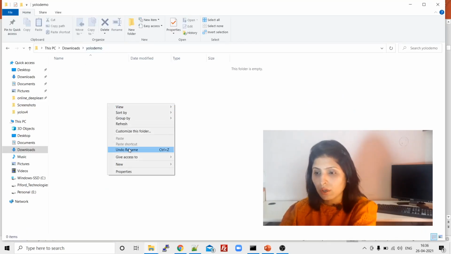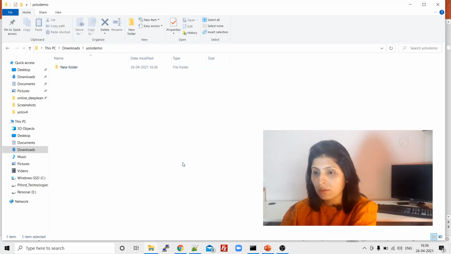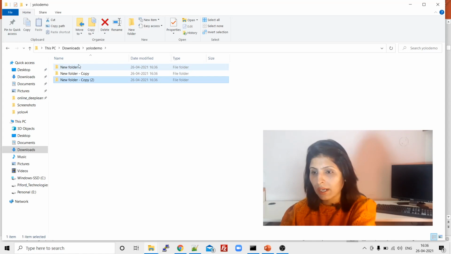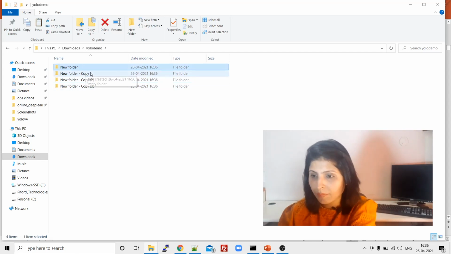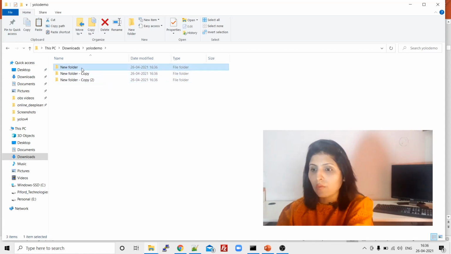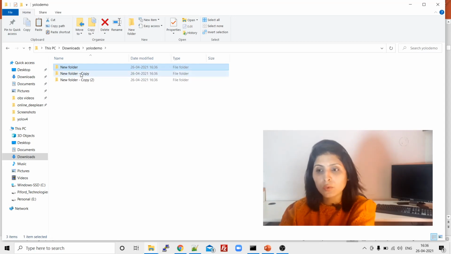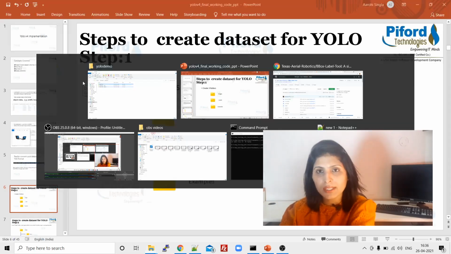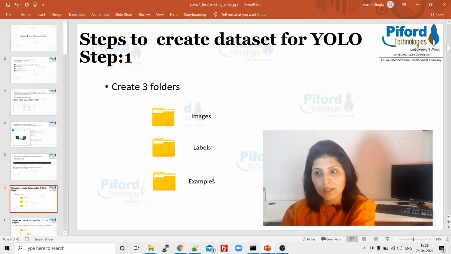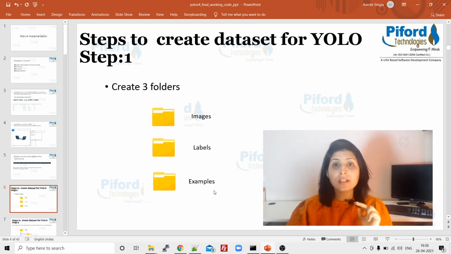Okay, so over here you need to create 3 folders, right? One folder name should be images, other would be labels, and third one would be examples. Why do we need these 3 folders?